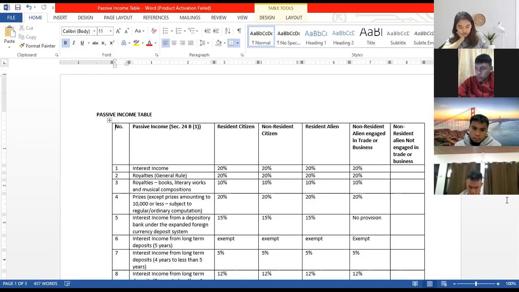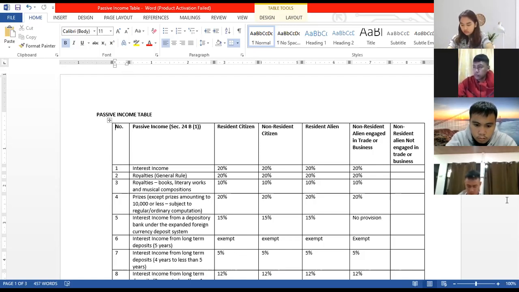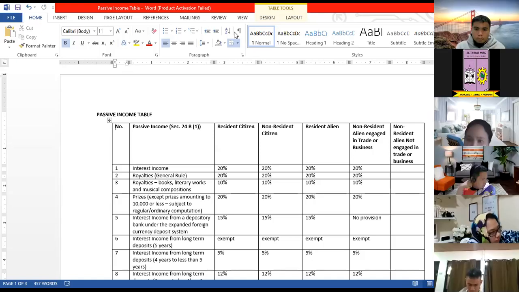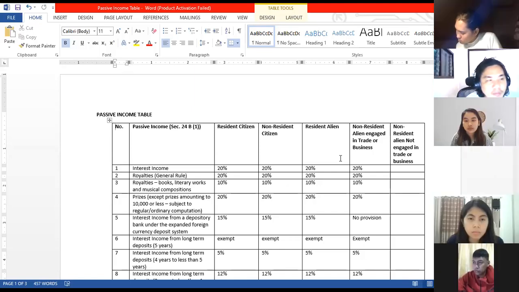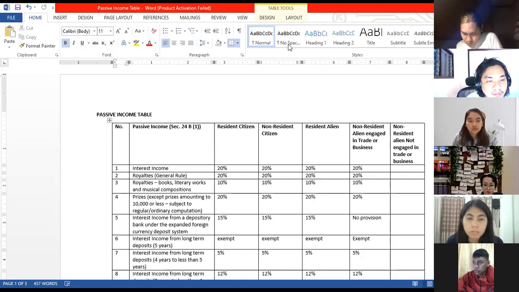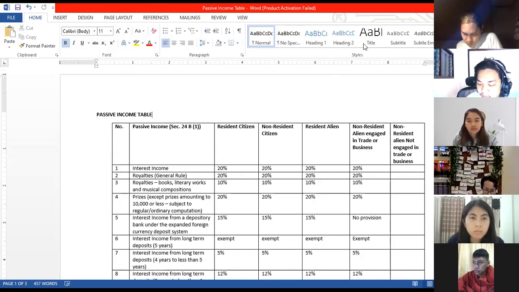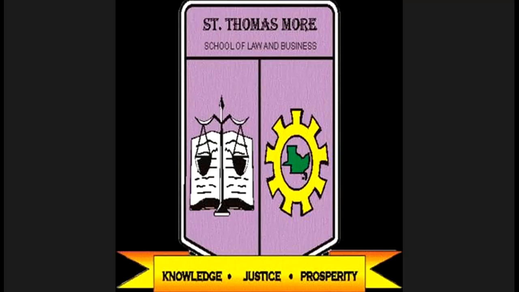Okay, we're done with individual income tax on individuals. So next meeting, we will discuss tax on corporations. Punta na naman tayo sa corporations. Okay. So any question? May question ba? Wala? So kindly take a screenshot na lang for the